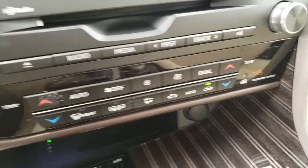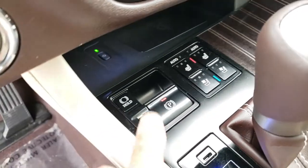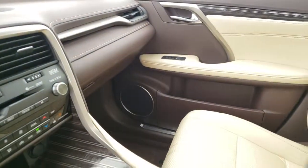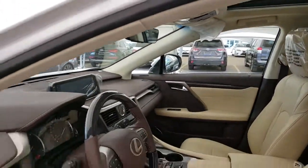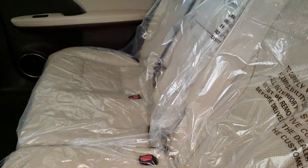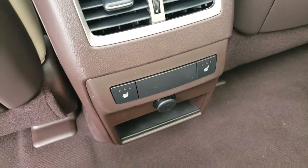dual zone climate control, wireless smartphone charging, heated and ventilated front seats, electronic parking brake, drive mode select, central locking differential, panoramic sunroof, power folding rear seats, parchment interior, heated rear seats,